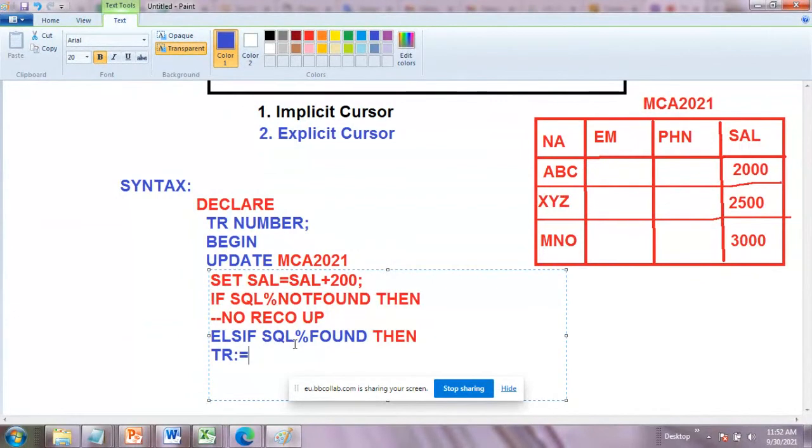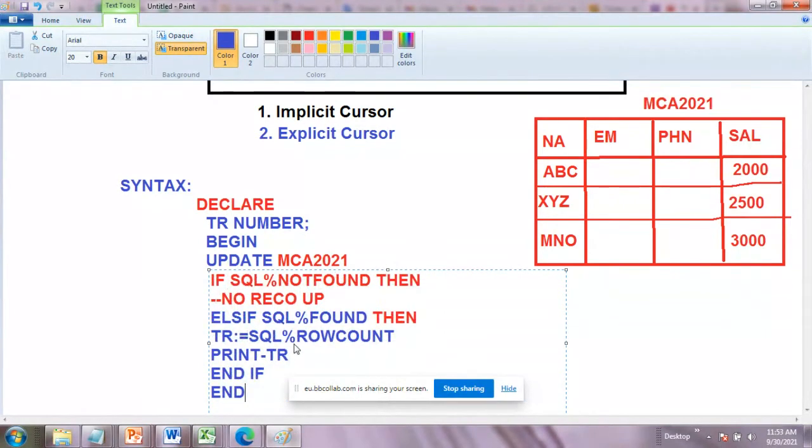You have to know how many rows are affected, so it takes SQL%ROWCOUNT, and that will hold the record. Who is going to hold it? TR. You can print TR, the total number of rows affected. Simple. Then close the IF and write END.